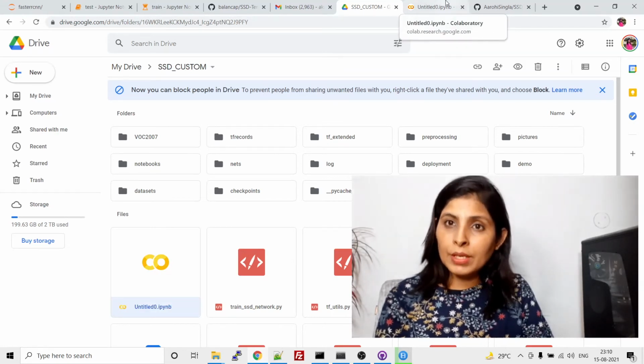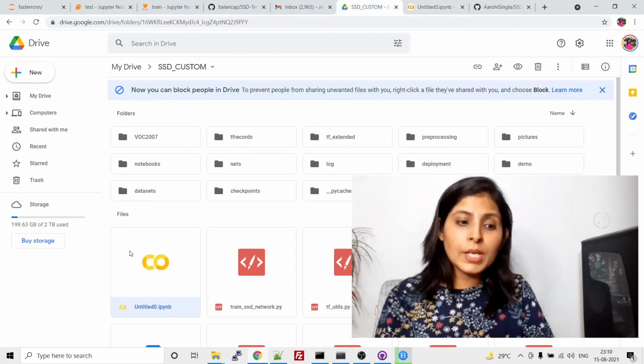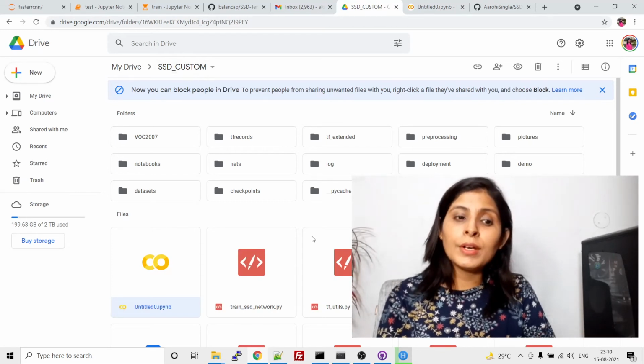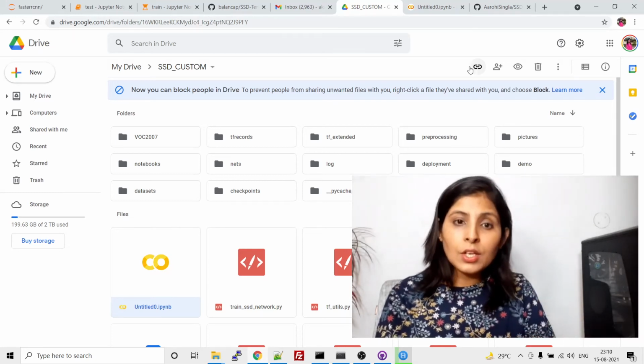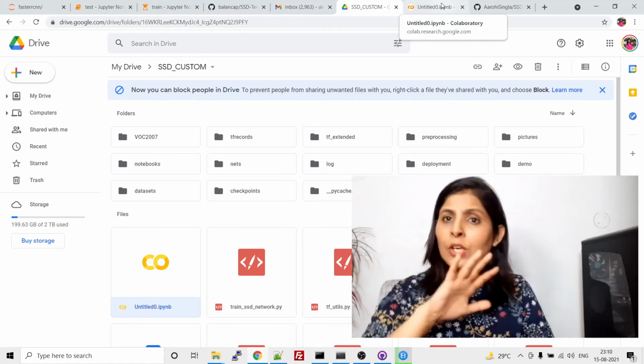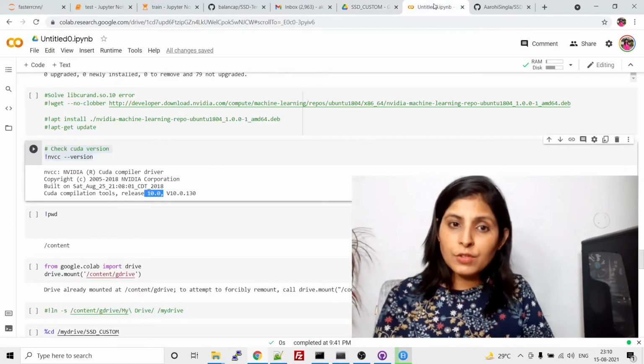That means you have to create this Google Colab notebook inside the folder where you have all the folders and files of the GitHub repo. Now you have all the folders and files, and you have this Google Colab notebook where we have downgraded our versions.